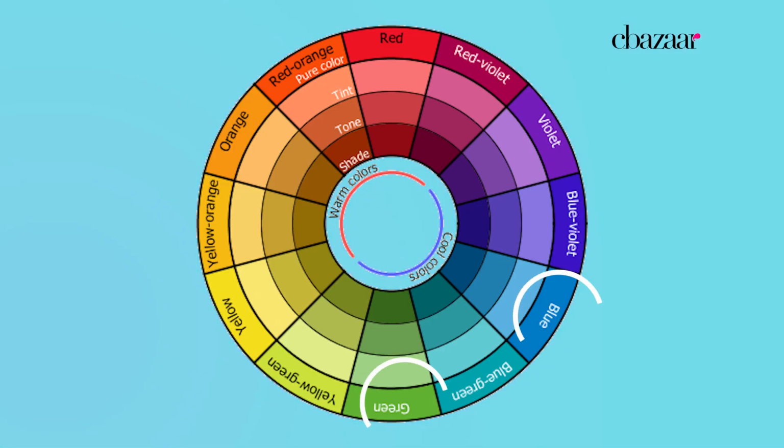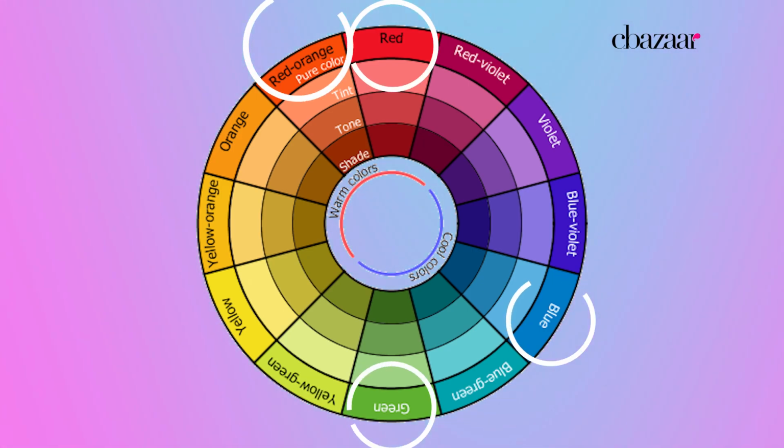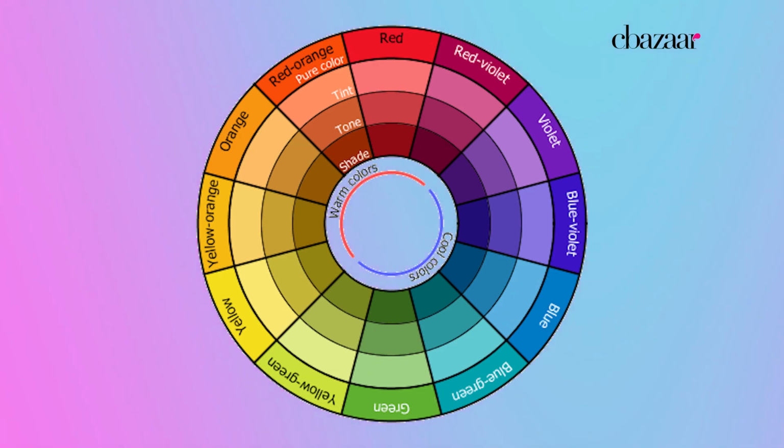So now, let's talk about the color wheel. The color wheel is divided into two parts, which are cool and warm tones. Cool and warm tones complement each other, which can help us in identifying which colors will contrast each other. Cool colors are blue and green that give a calming effect, whereas warm colors are red and yellow that give vibrancy. The colors which are opposite to each other on the color wheel, such as blue and orange, red and green, will create a striking contrast.